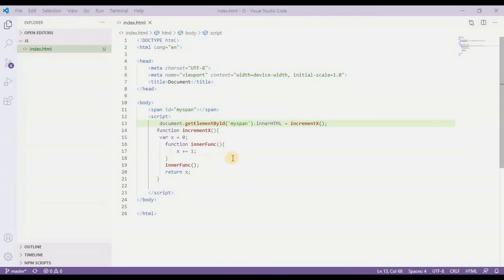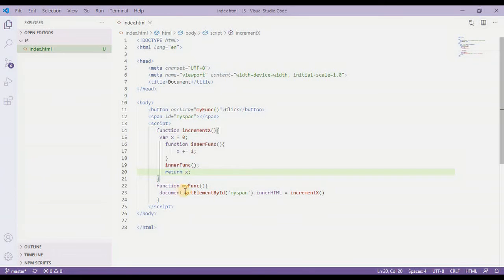Now this kind of function could have solved the issue we are looking at if we could reach the inner function from outside of this function, and we also need to find a way to execute x equals 0 only once. So in that case we need a closure, a JavaScript closure. Now to write a JavaScript closure I want to go back to my previous example where I had a button and also this span, so I'll simply undo from here with Ctrl+Z.